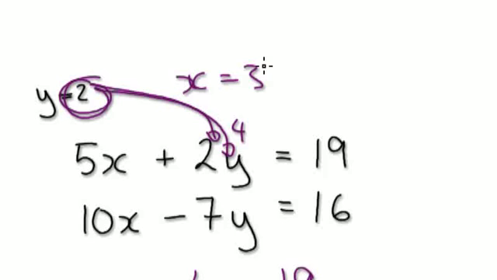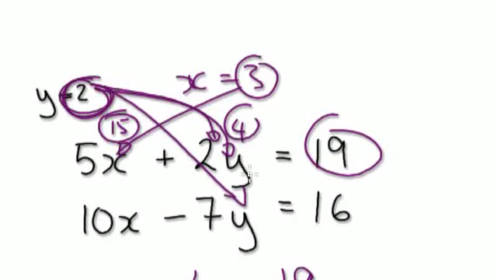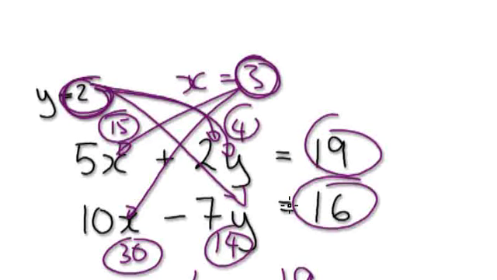So this here would be 4, put a 3 into here, this would be 15. So this 15 plus 4 equals 19. Okay, now put this into here, and this thing here will be 14, and then you put the 3 into this thing here, so that will be 30. Now 30 take away 14 equals 16. Okay,